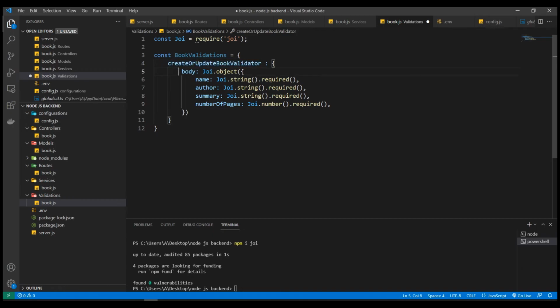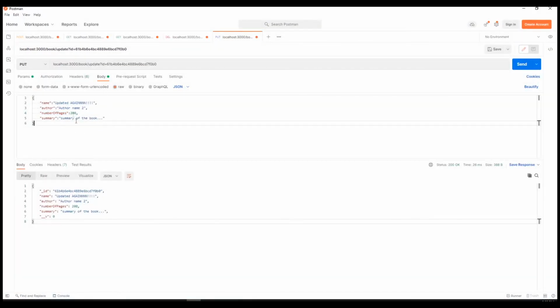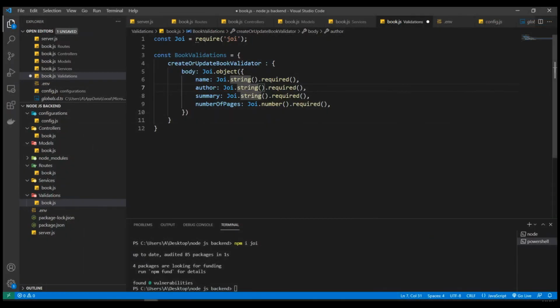This is the body. The body is a JOI object which consists of 4 different parameters. 3 of them are strings, which is name, author, summary, and all of those are required. And the number of pages is number. So if we have anything different than this schema, we're gonna get an error. And let's see that in action. I'm gonna save this, and to be able to use it outside we need to say module.exports,